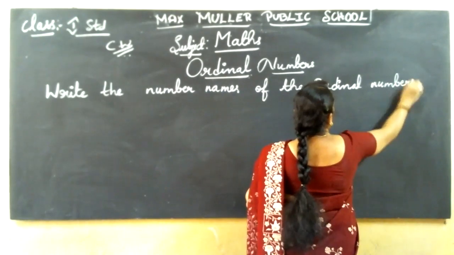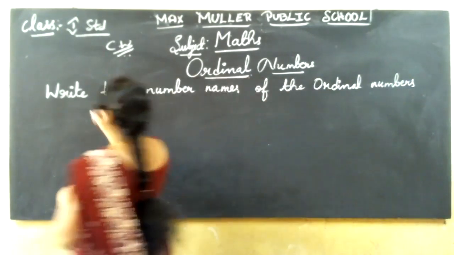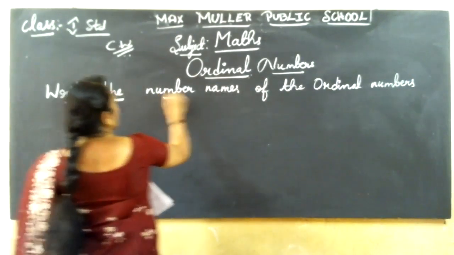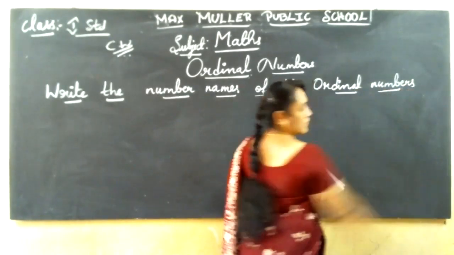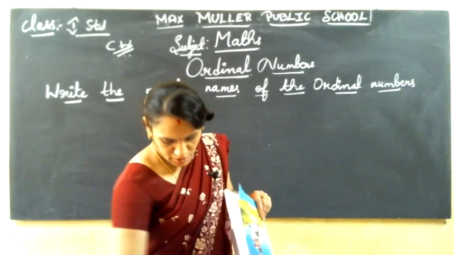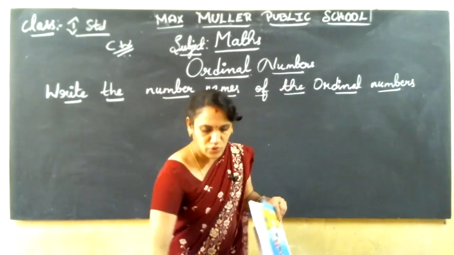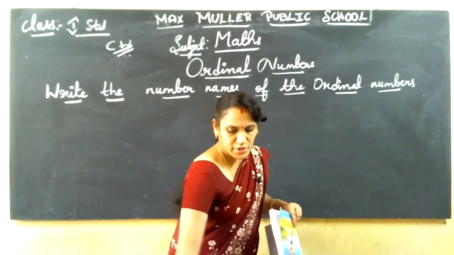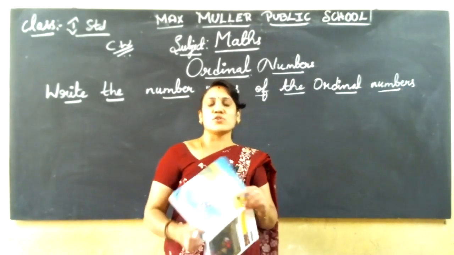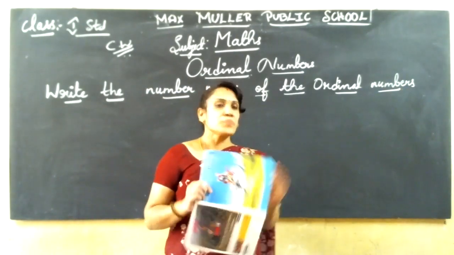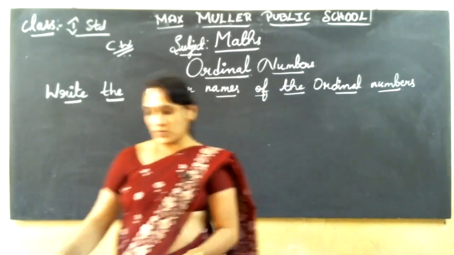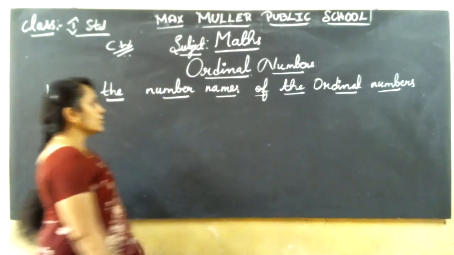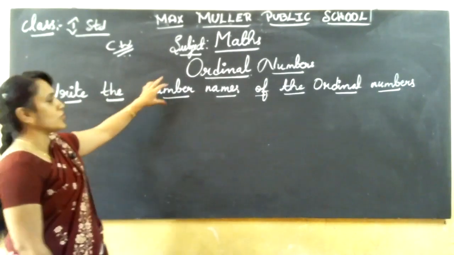Which book are you all writing? Classwork book. In the classwork book today I'll give 2 mains, then the portion will be completed. Then I'll give the homework. Then I'll tell you what we should do next. Textbook, homework, classwork. Three books you have kept ready now. First we'll finish the classwork, then I'll give the homework, then textbook. Okay. So we'll start. First write the heading.